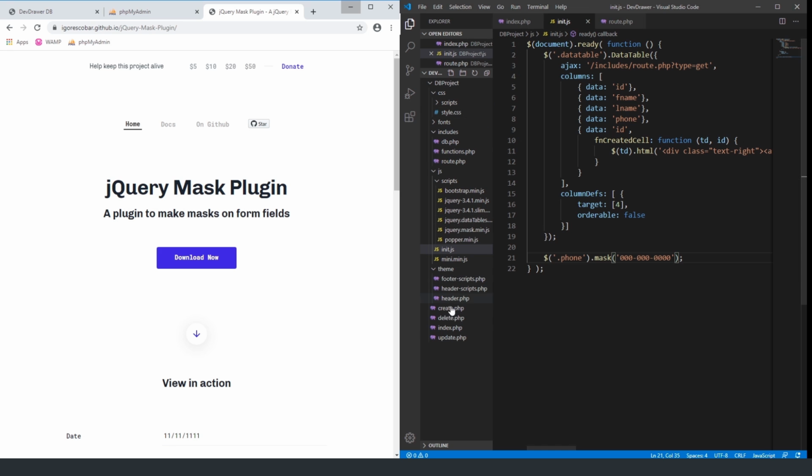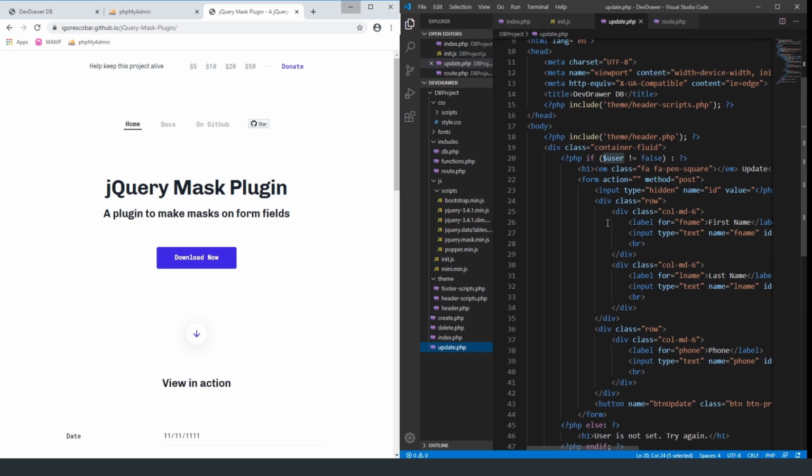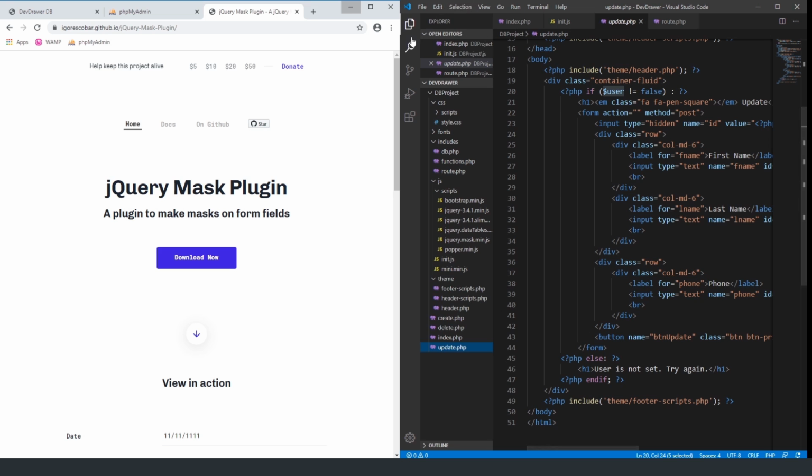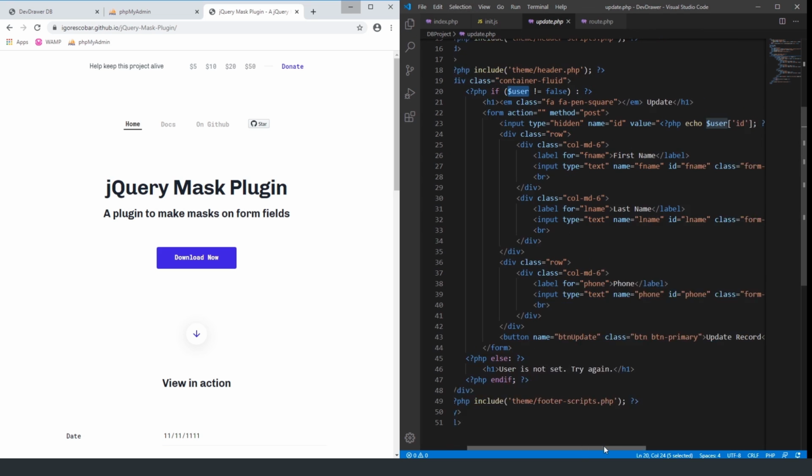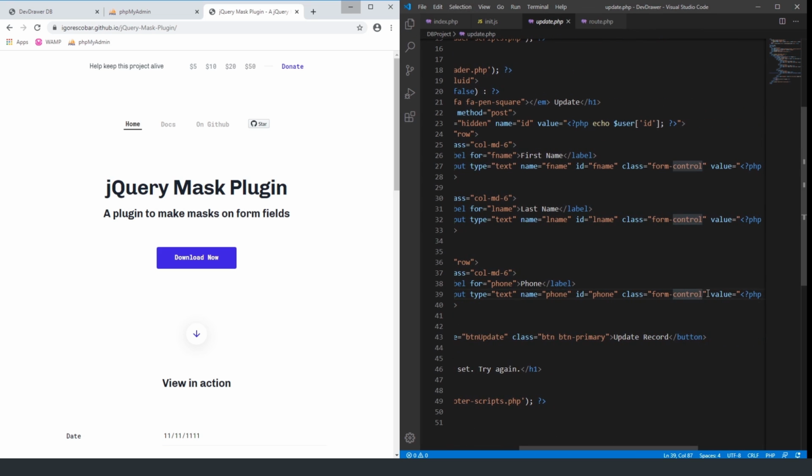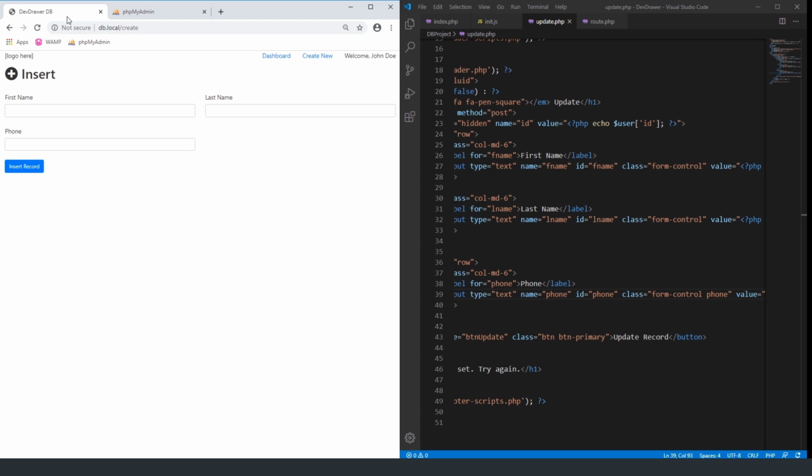So if we go back to our update.php, and let's add a class to our phone that says phone. Okay, now if we go back to our browser, go ahead and close out of this for now, refresh, go to, let's say, update this one, and you see how it's already kind of formatted the numbers that are there. If we start typing, it uses that mask in order to format those numbers. So we can have it say 1, 2, 3, 4, 5, 6, 7, 8, 9, 0, and it updates it